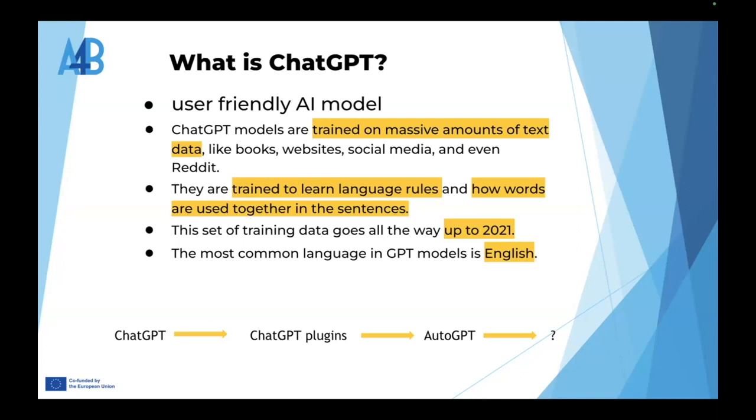And what we have now, we have ChatGPT, we have ChatGPT plugins. 2 or 3 weeks ago, we started to play with AutoGPT. That is a really experimental new model that behaves autonomously, and it's fascinating because AutoGPT can create websites and can create programs by herself without our prompts. And what's next? Oh, we will see. We will see.